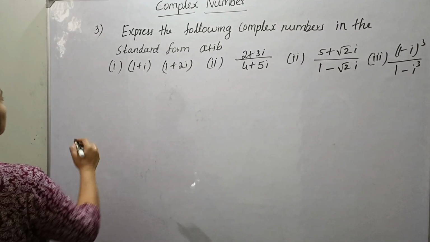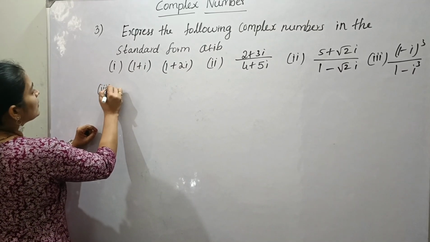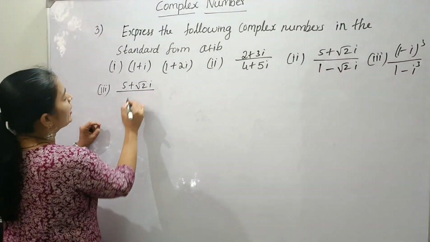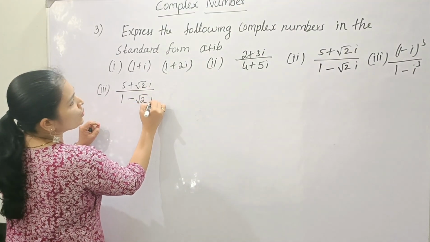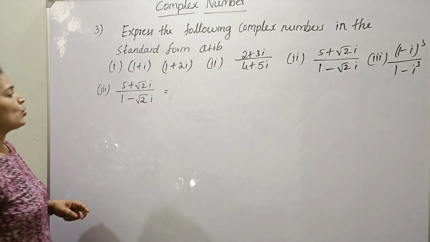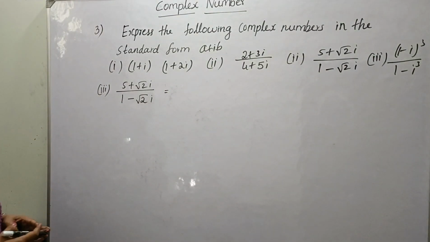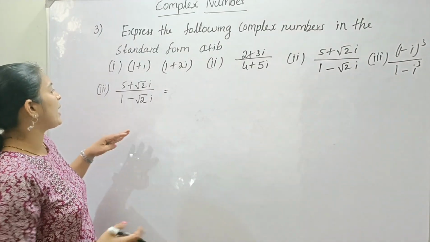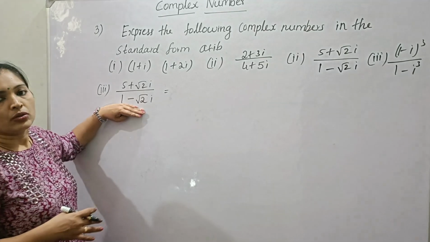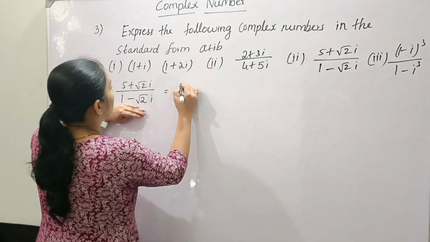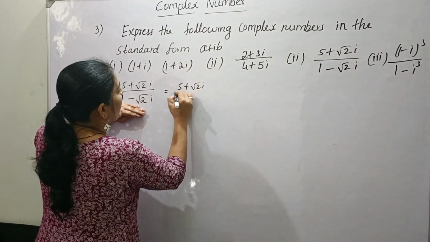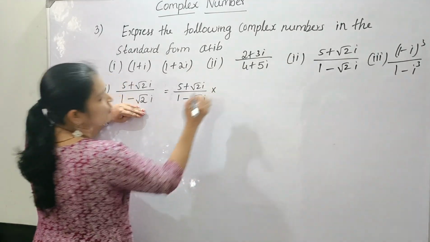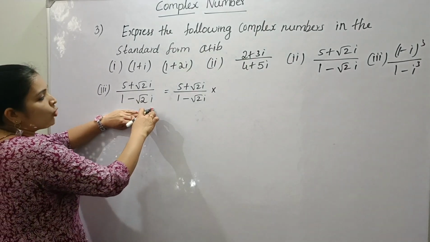Next one, third one. (5 + √2 i) divided by (1 − √2 i). Here also it is in the form of p by q, and here also we have to multiply and divide by the conjugate of the denominator. That is (5 + √2 i) divided by (1 − √2 i) into, the conjugate of the denominator,